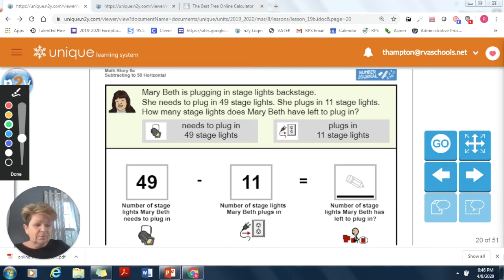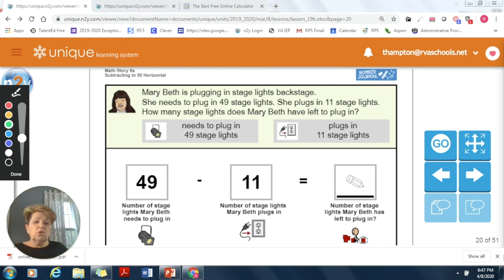You ready? We have 1, 2, 3, 4, 5, 6, 7, 8. We have 8 ones left, correct? Because we are in the ones column. Yeah, we marked off our 1 hash mark, and we have 8. So now let's look at 4 minus 1. Now we could be as simple as put up 4 fingers and take away 1, and we know we have 3. Okay, so our answer is